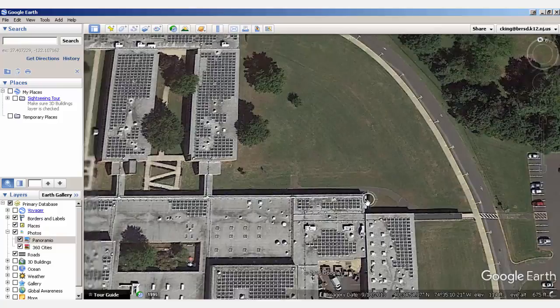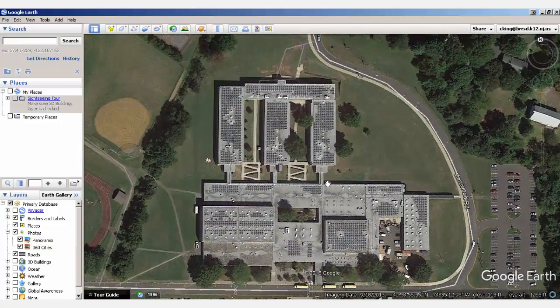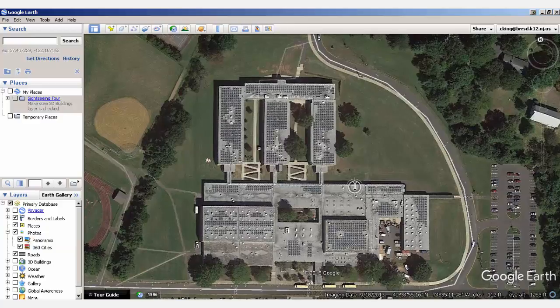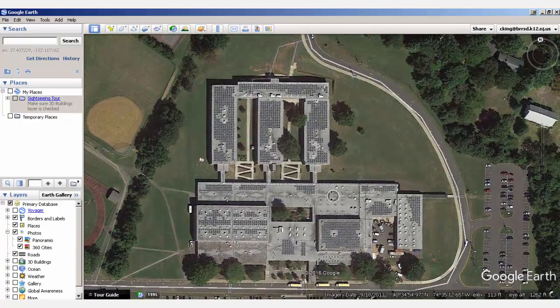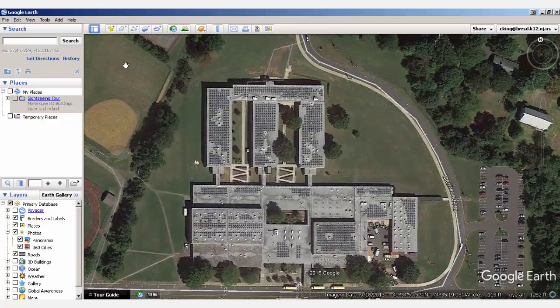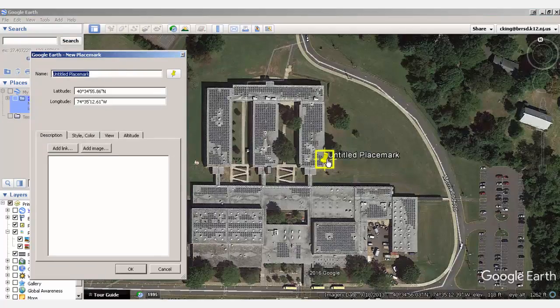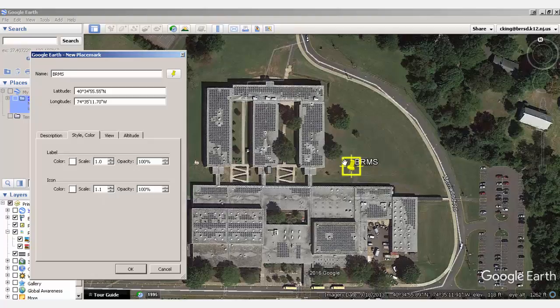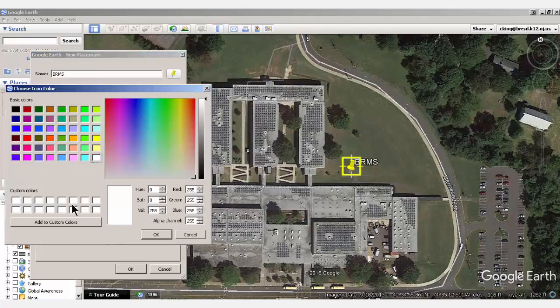As I zoom out a bit, we're going to talk about placemarks now. Placemarks are a great tool that teachers can use to bookmark this map with different locations. To place mark locations, you can come up top and press the Add Placemark button from the toolbar. You can see the pin, literally a pin, can be moved around to different locations and dropped where you want the marker to go. We'll name this. And then you could add different information to it, change the color of the label or the actual icon on there. Instead of a pin, you could load various icons into the program,